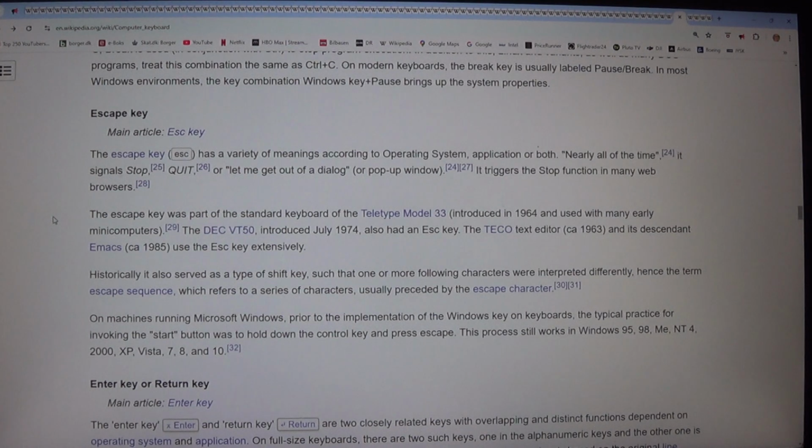The escape key was part of the standard keyboard of the Teletype Model 33, introduced in 1964 and used with many early minicomputers. The DEC VT50, introduced July 1974, also had an escape key. The TECO text editor, circa 1963, and its descendant Emacs, circa 1985, used the escape key extensively. Historically it also served as a type of shift key, such that one or more following characters were interpreted differently, hence the term escape sequence, which refers to a series of characters, usually